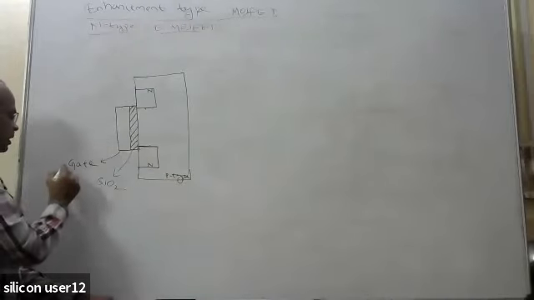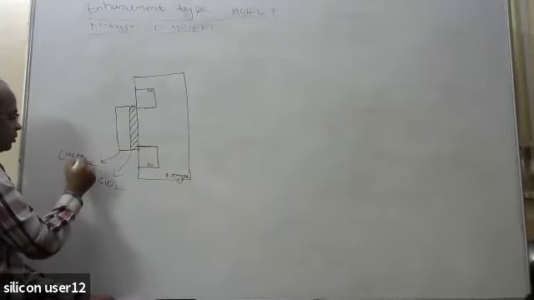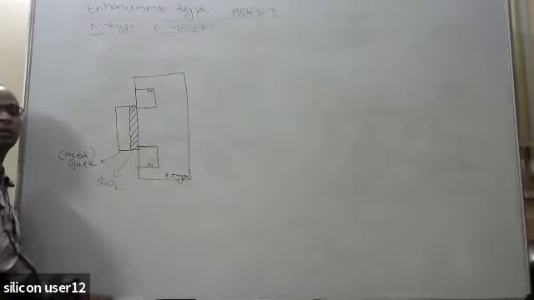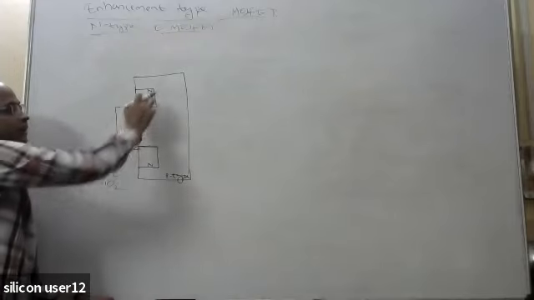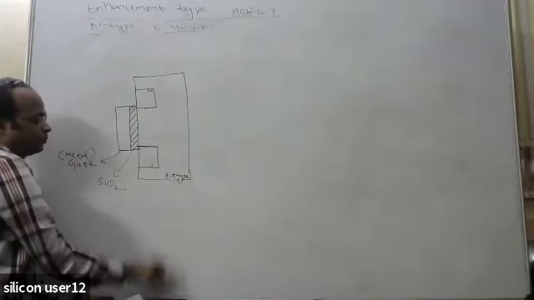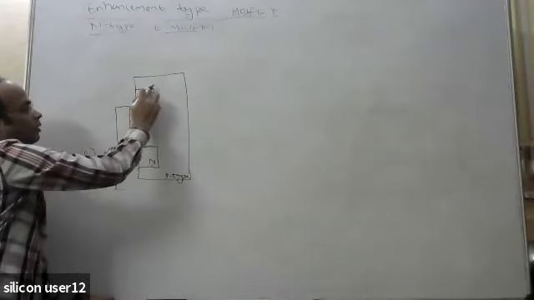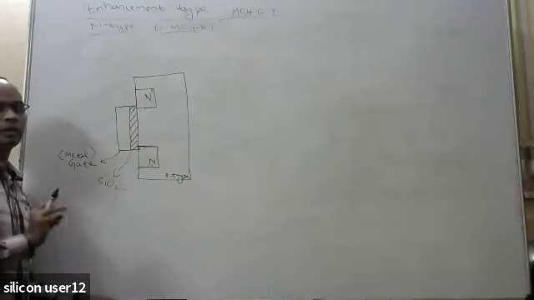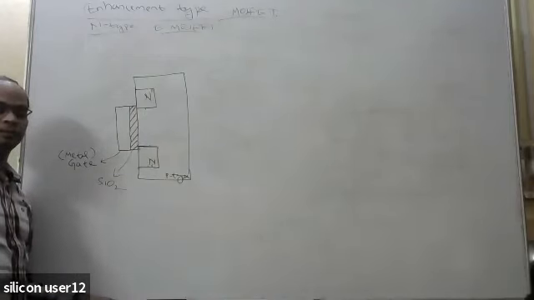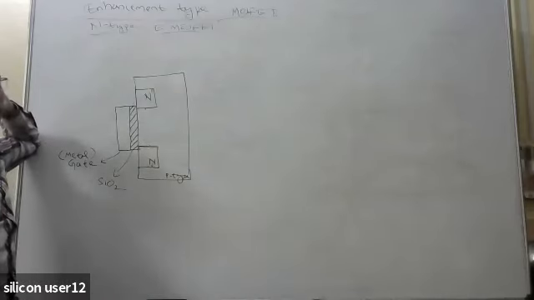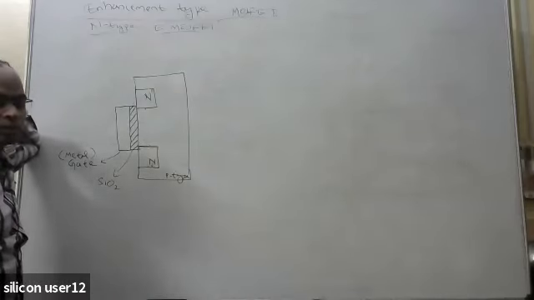and it's a metal layer. Metal means it's a conducting region. So this one is a conducting region, this is an insulating region. And this is your n type and this is your n type. Next, this is the device, your enhancement type MOSFET. Now after that we will do the appropriate connections for the working of this enhancement type MOSFET.